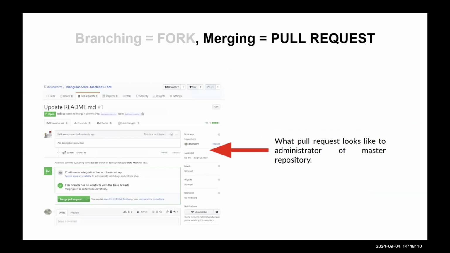Okay, so to me, the administrator, I look at this pull request when it's been filed, and I get this. Basically, I can merge it. I can hit merge pull request right away if I know that everything is okay. Or I might look at their comments and say, oh, I have a disagreement. So I have another dialog box down below, which basically says, okay, I'm going to make some comments before I accept it. So I don't have to merge it right away.